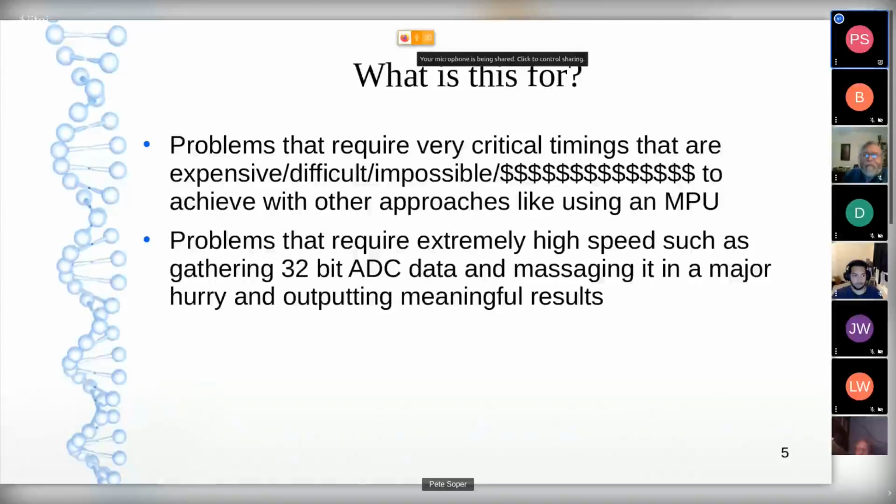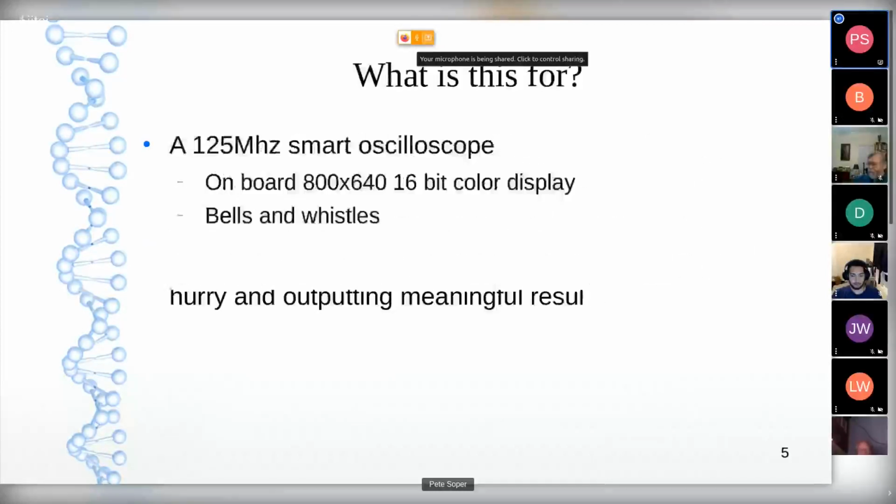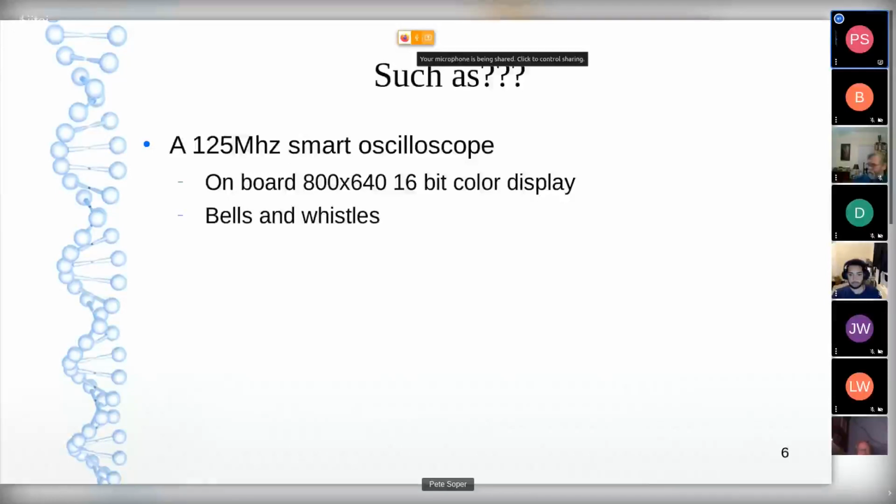And then the second problem space is one that requires very, very high speed, like slurping 32 bits out of an A to D converter and massaging it in a big hurry, and then outputting stuff that's meaningful. Like what? Like a 125 megahertz oscilloscope that's smart